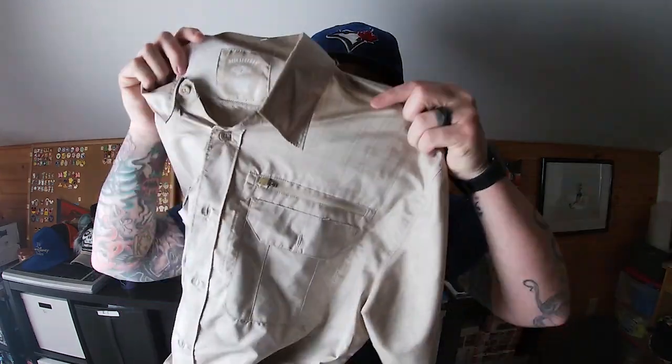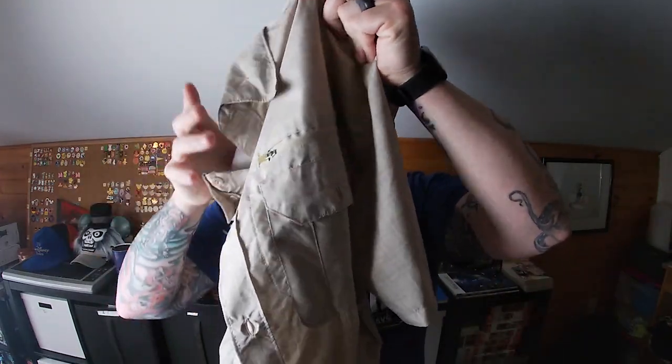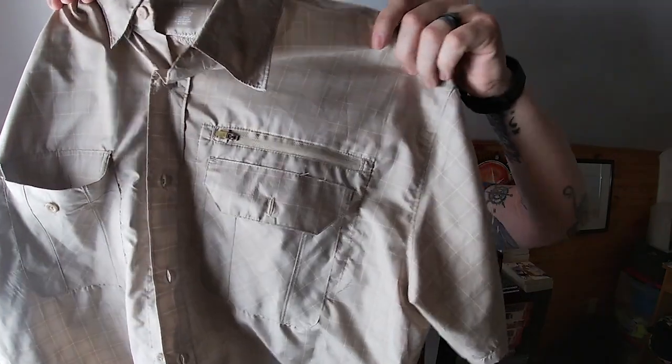Next, we have this shirt. It is a Real Legend fishing shirt. It's pretty cool. It's got the vents in the back. It was $3. I've sold things like this before. It probably will sell for somewhere between $20 to $30. Always good to pick up these fishing shirts if you can find them, especially if they're vented in the back